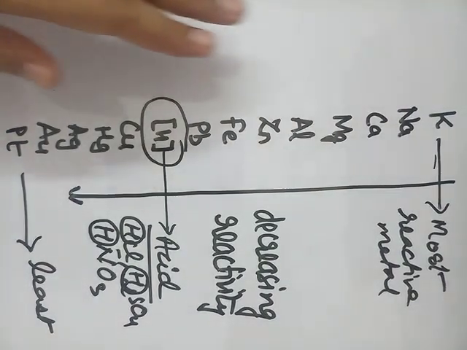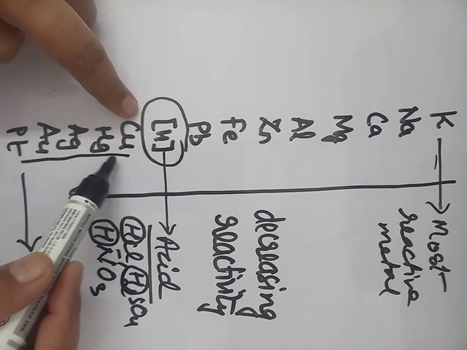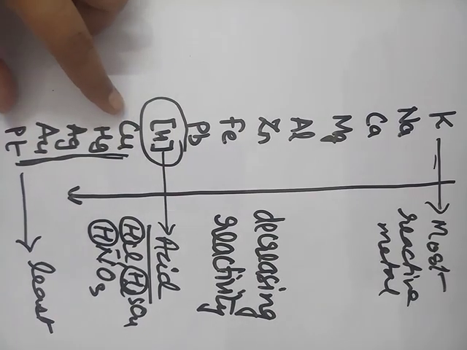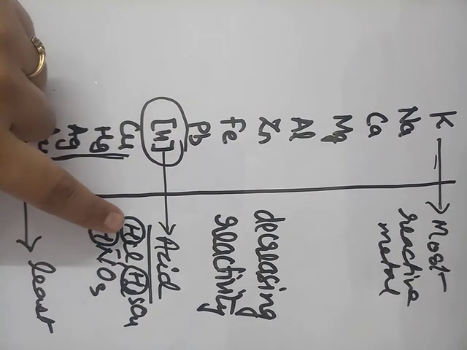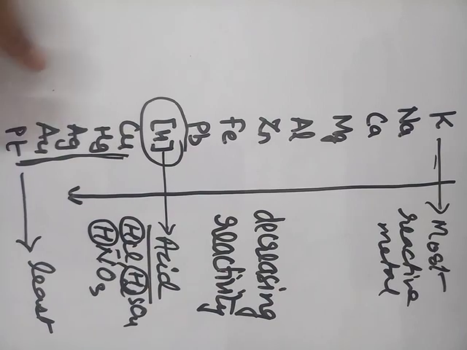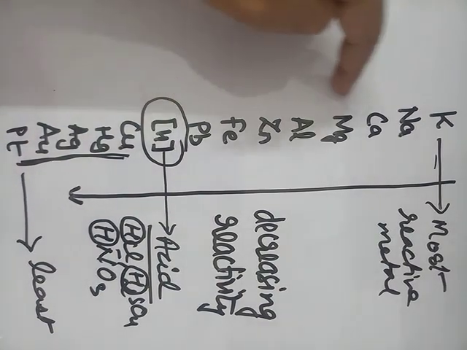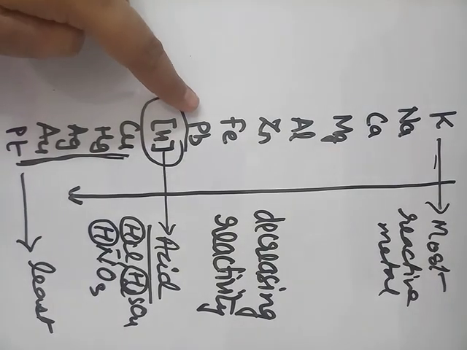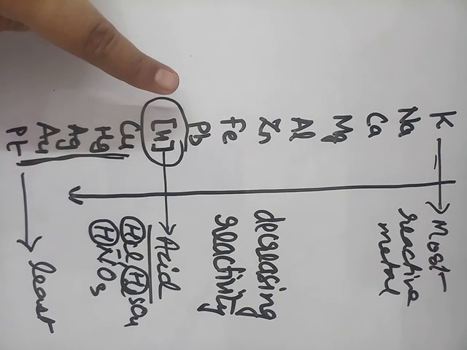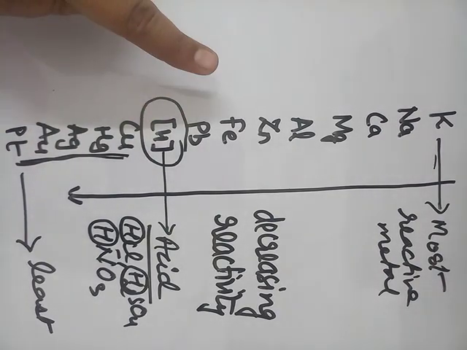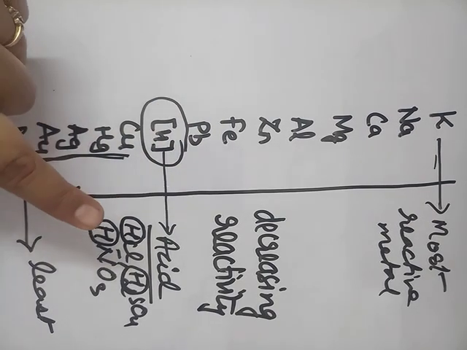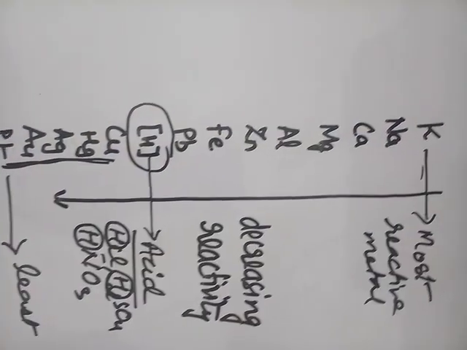So these metals which are placed below hydrogen, that is copper, mercury, silver, gold, platinum, cannot replace even hydrogen from the acids. That means the reactivity of these metals is even less than hydrogen, while the metals which are placed above hydrogen, that is all these metals right from lead to potassium, are more reactive. So whenever they are added in any acid, hydrogen gas is liberated. That means they release the hydrogen, and in place of hydrogen these metals are placed.